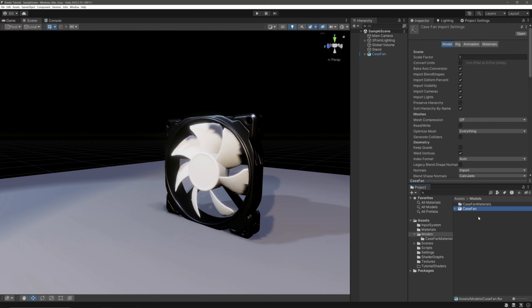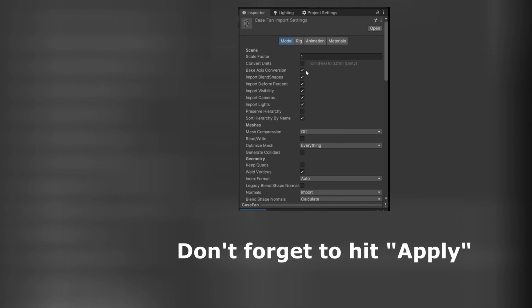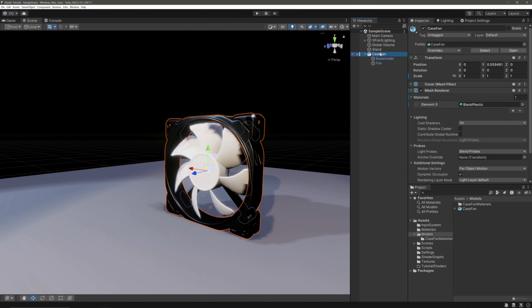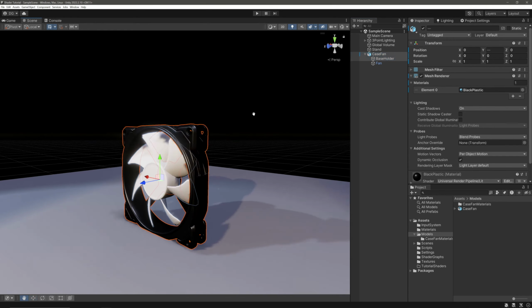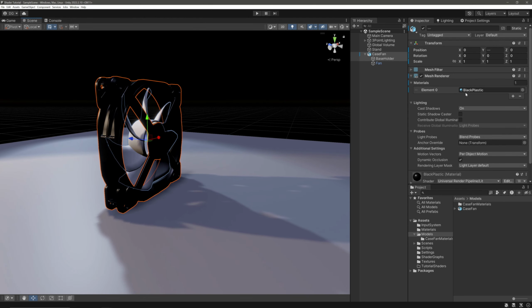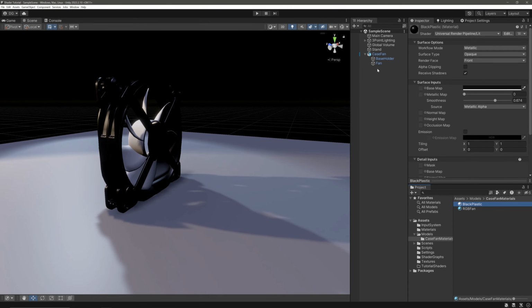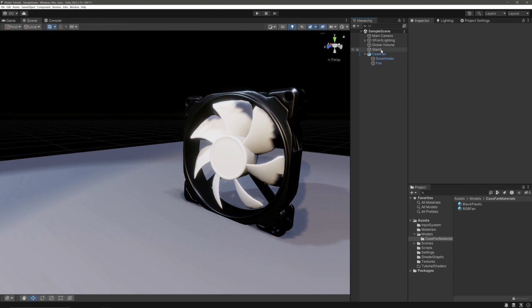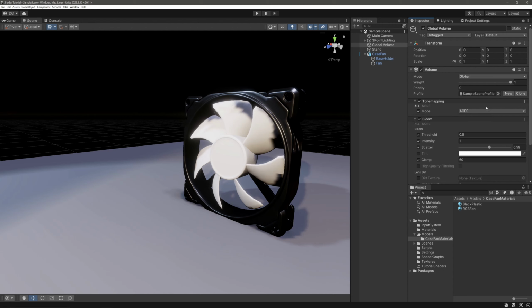When you import it in your project, go to Import Settings under the Models tab, uncheck Convert Units and check Bake Axis Conversion. Our fan has 3 separate game objects. I have applied URP Lit material for the base and this holder, and we will use Shader Graph for the actual fan mesh. Then I have the post-processing volume with the modules Bloom and Tonemapping with the mode ACES. Now with that out of the way, let me roll the intro.